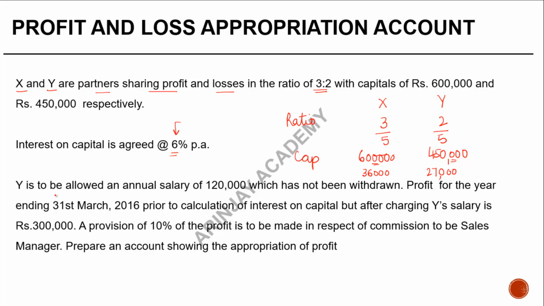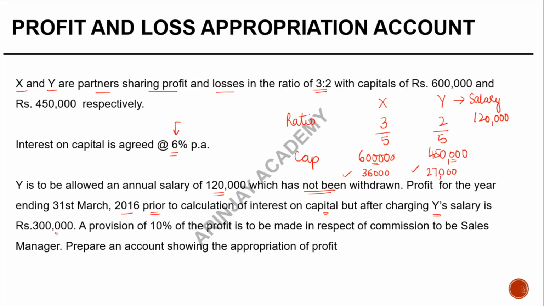On top of this, Y is to be allowed an annual salary of 1,20,000, right? So Y also gets a salary of 1,20,000, right? Which has not been withdrawn. So he hasn't taken it out of the business. Profit for the year ending 31st March 2016, prior to calculation of interest. Now this is important. Prior to calculation of interest on capital, which is this amount, but after charging Y's salary,